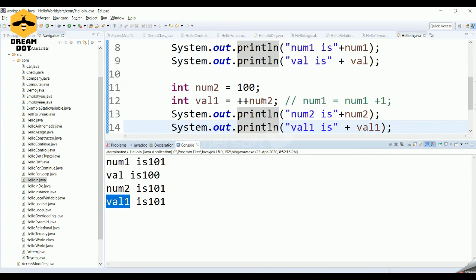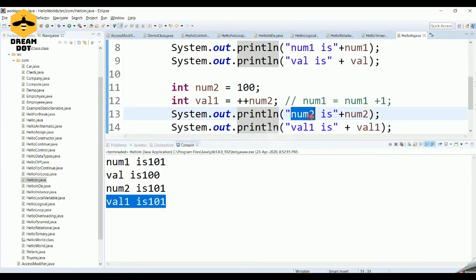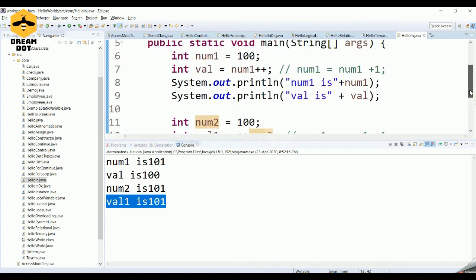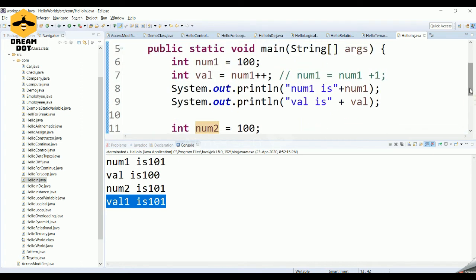So after num2 has become 101, it will be assigned to val1. So both num2 and val1 will take the value 101. This is a basic difference between using the increment operators in the prefix and in the suffix. But if you don't assign it to any variable, the function remains the same, as it will increment 1 to its value. The same applies even with the decrement operators.